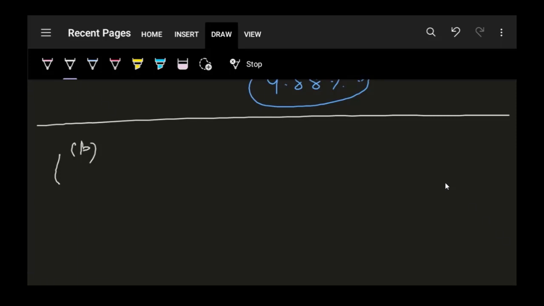Nominal rates are always referred to as the rate of interest convertible pthly. This is the p in the bracket. I'll just show you what that means. Suppose you go to your bank to take a loan, and the person at the bank tells you that you will be charged an interest rate of 12% per annum. What he says is that if you take the loan from the bank, you will be charged an interest rate of 12% per annum, compounded quarterly.